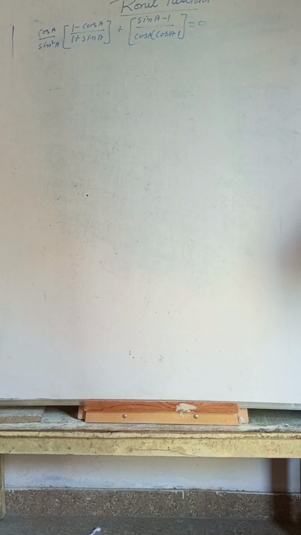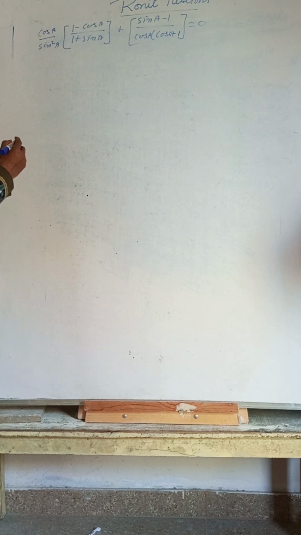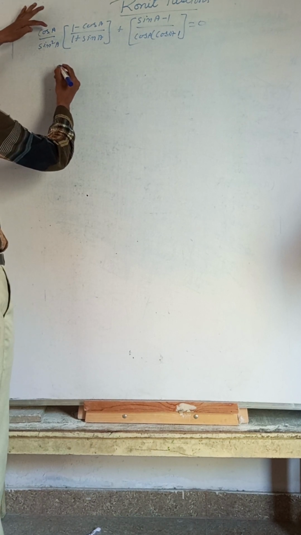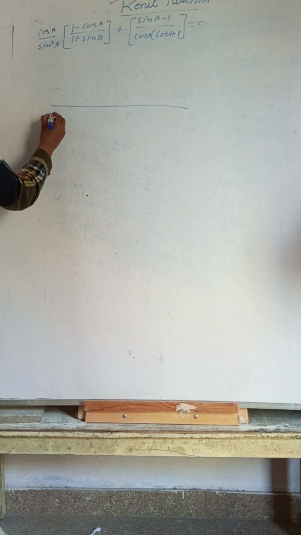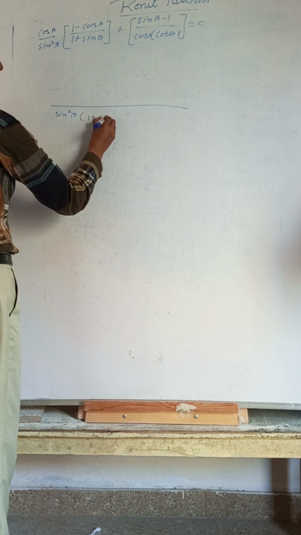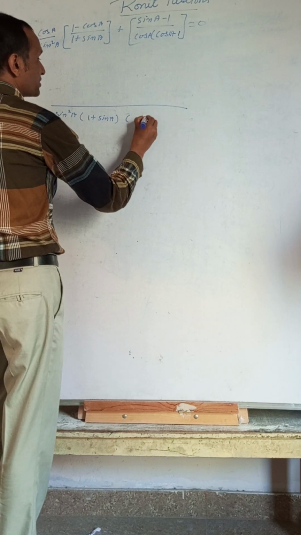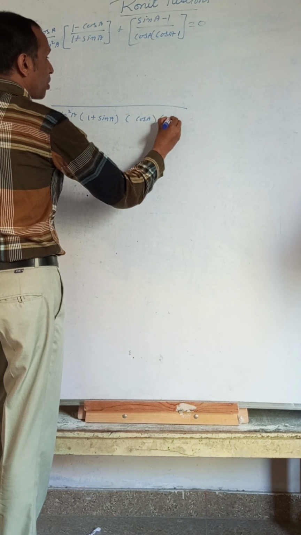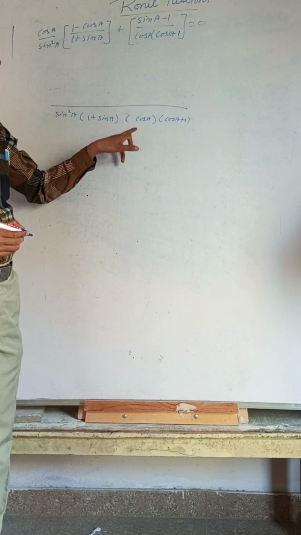Now we can do in that. Again we can take the LCM of this number. So what will be the LCM? This will be the LCM: upside ones leaving, multiply of them. So this number can be written in that way, LCM taken. This is sin square A into 1 plus sin A. Another one, this one, cos A into cos A plus 1. This is the total LCM of this number.